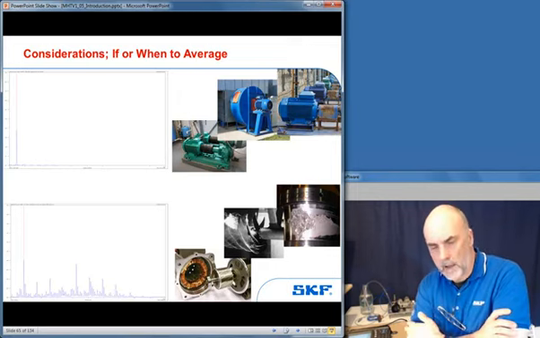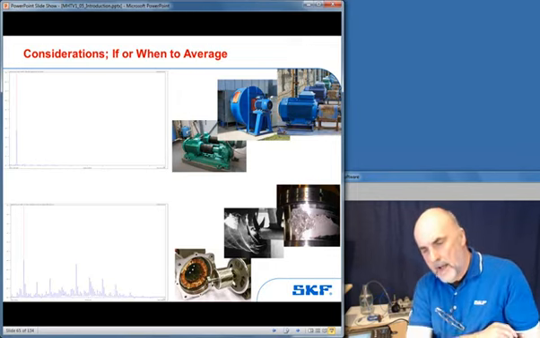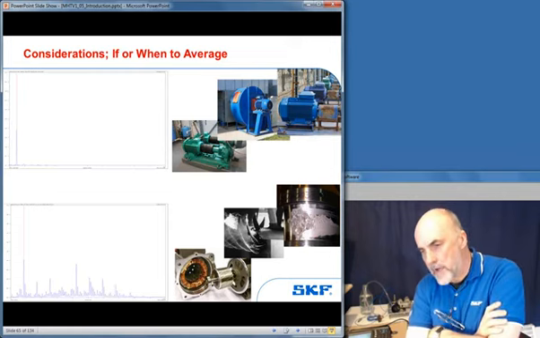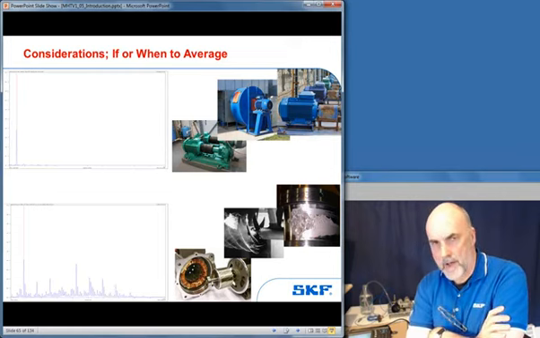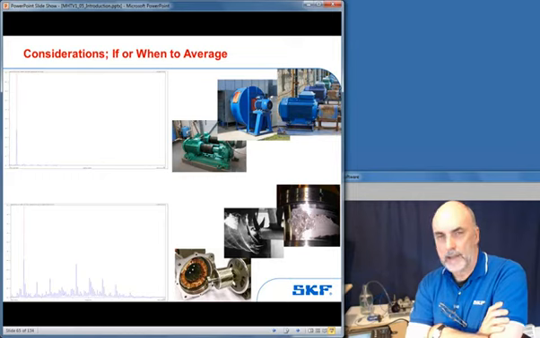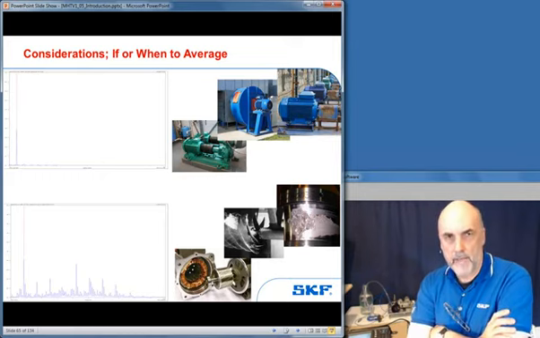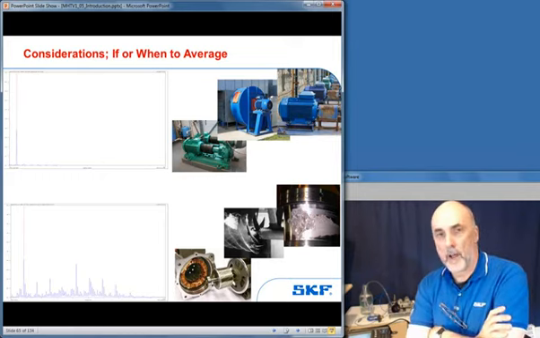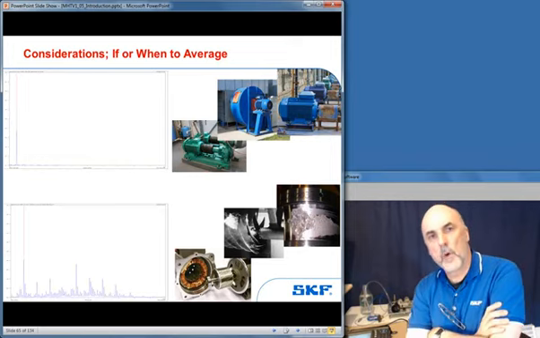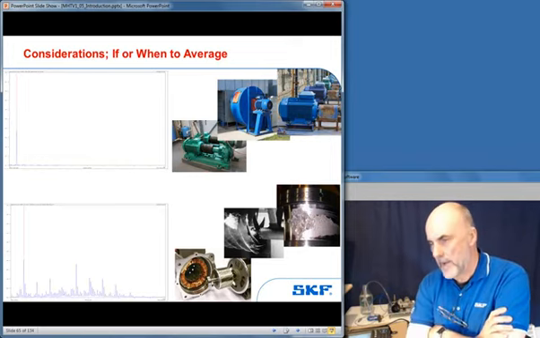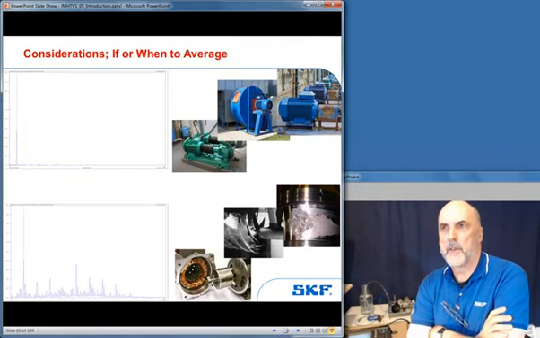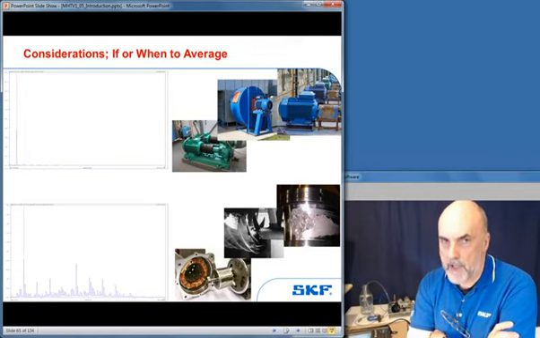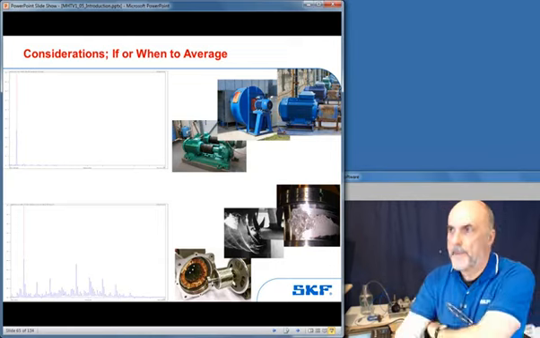If you're going to go off and collect 2,000 measurements and you spend time averaging each and every one of those measurements, it can take a long time. If you're taking 10 or 15 measurements, multiply that by 2,000 measurements, you're going to be out walking around for a very long time. So with some careful thought and consideration, you can decide whether or not averaging is a good thing for you or not.